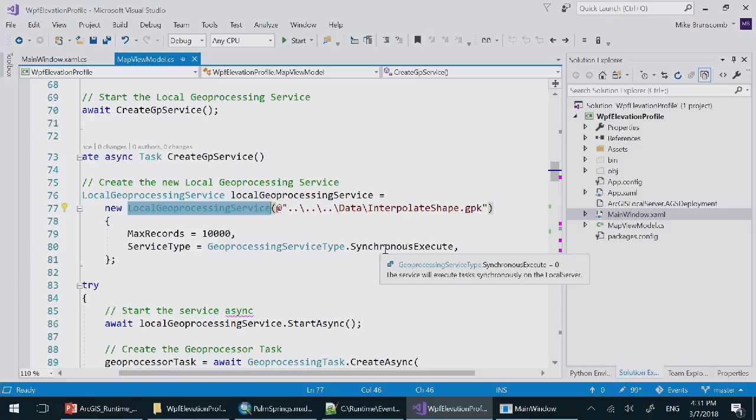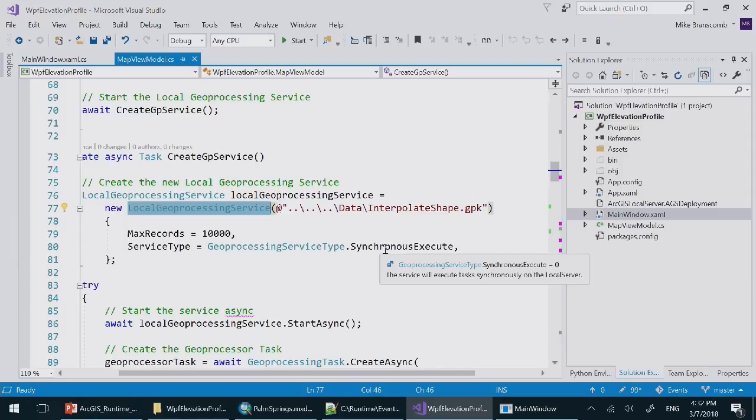And then also I choose the geoprocessing service execution type here. So I know that this tool on this level of data or this volume of data will execute quite quickly. So I've chosen the synchronous execution type. That essentially determines the kind of infrastructure that's spun up around that local geoprocessing service. I get one service, I submit the request to it, it executes, and then it returns either a failure or a result. There's another type which is an asynchronous submit type, and it spins up an extra service which is kind of a monitoring service and allows me to request updates during the service execution,